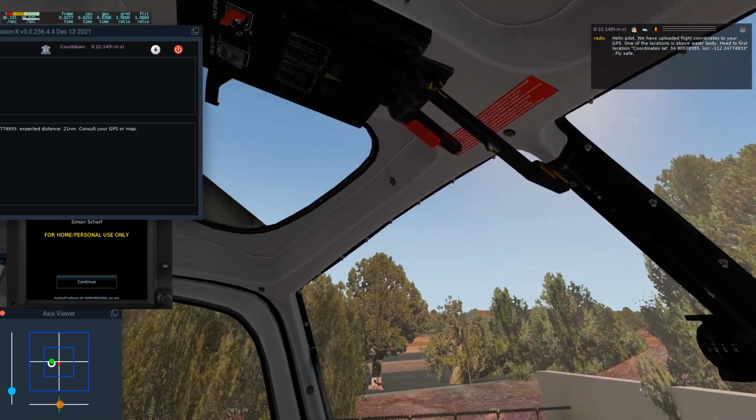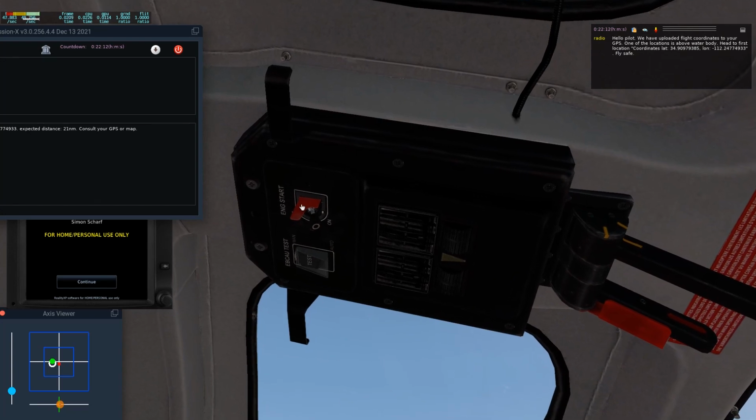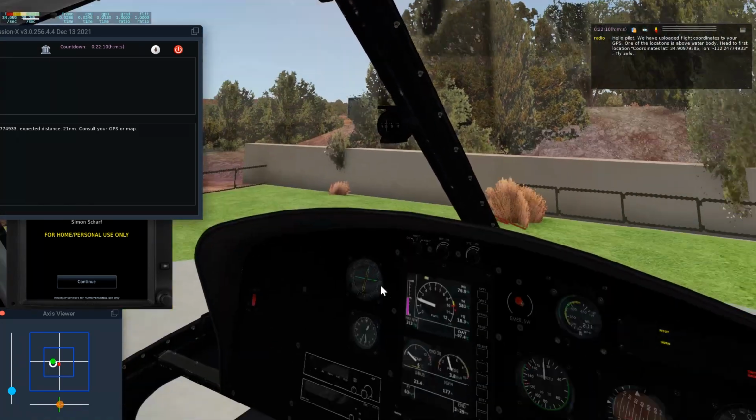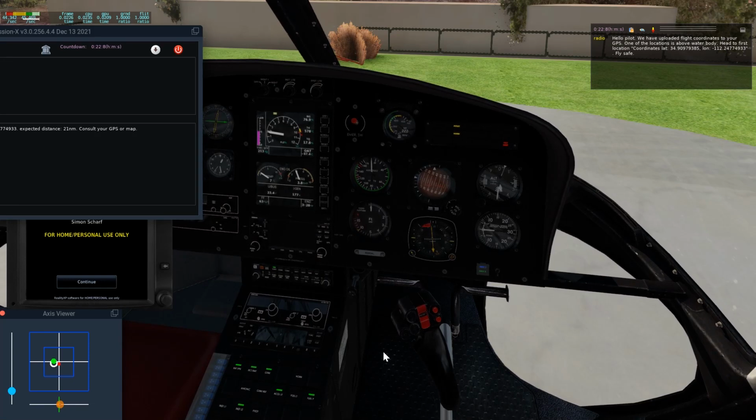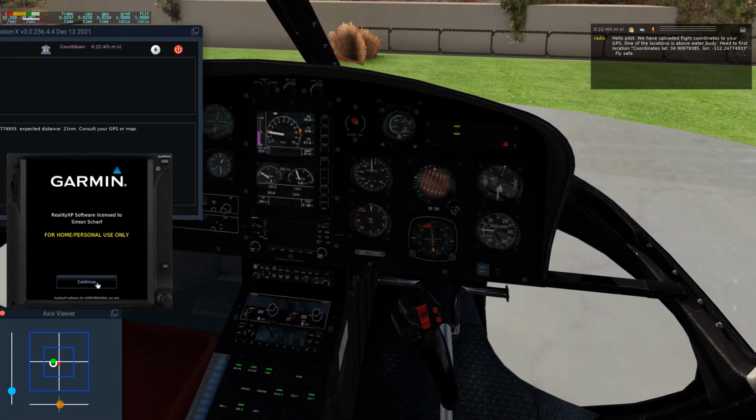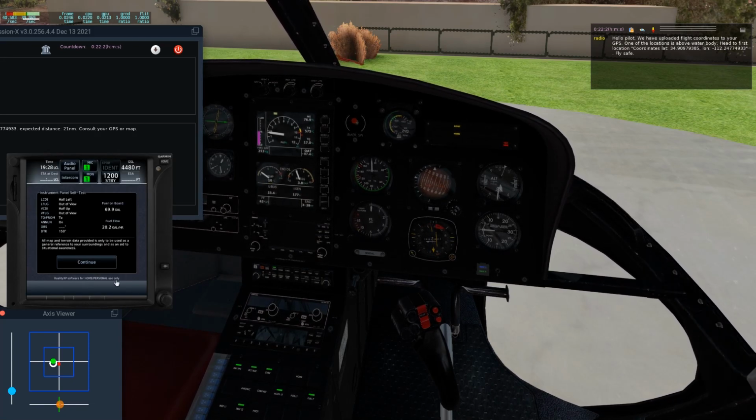It does stabilize. So now we're gonna secure our starter. So latch it. And then we can put in our coordinates. So here's what I did. I created a